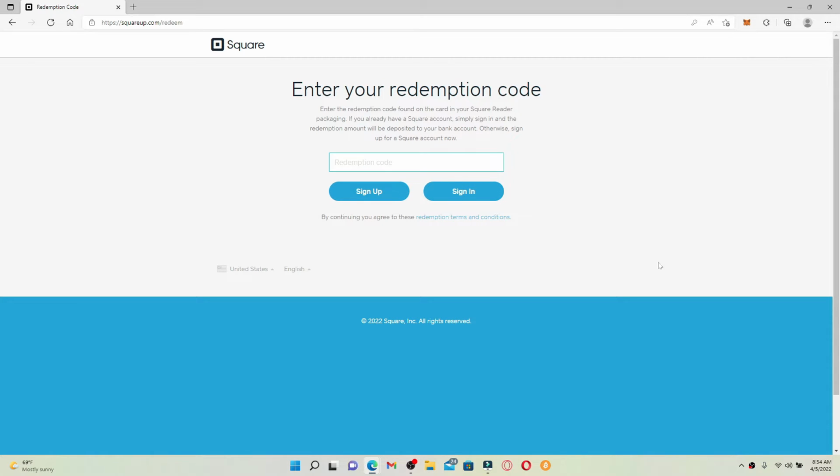On this page, you'll need to enter your redemption code found at the back of your gift card, or if it has been emailed to you, simply go ahead and open up your email and enter the redemption code in the text box that appears on the screen. Enter your 16-digit redemption code and click on the sign in button right beneath in order to log into your